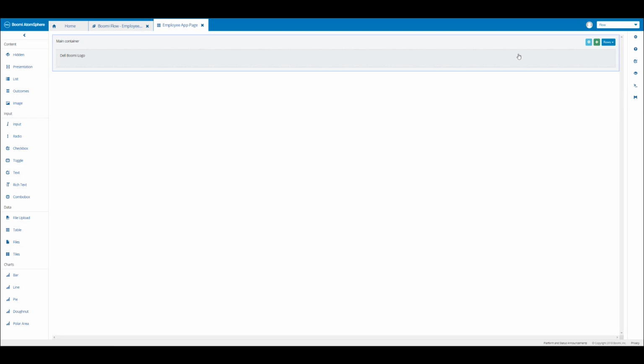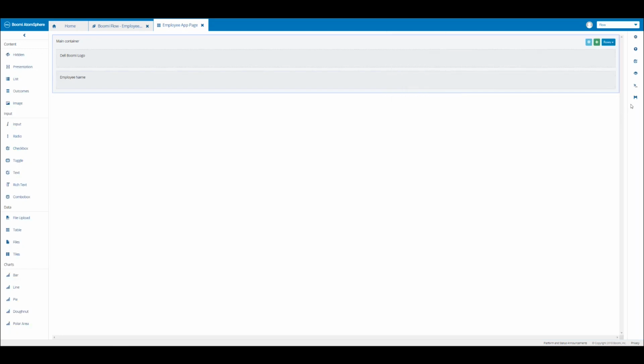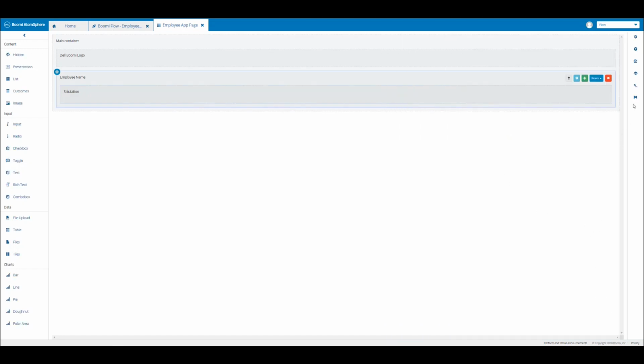Then we're going to come back to our main container and click on the green plus button again. And this container we're going to name Employee Name, and then click on Save Container, clicking on the disk icon to save our changes. Then we're going to click in our Employee Name container and add a new container in here, so we're going to click on the green plus button. And we're going to name this container Salutation, and then click on Save Container, and then click on the disk